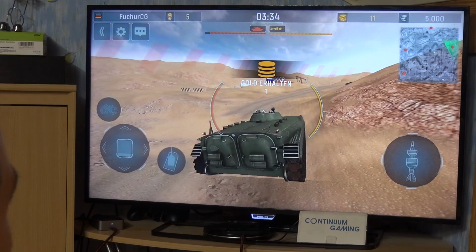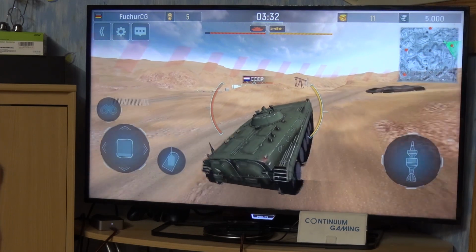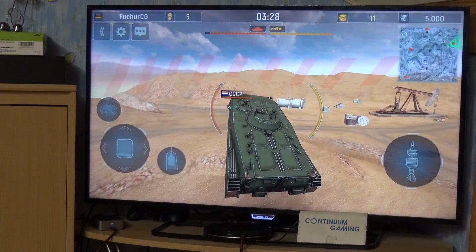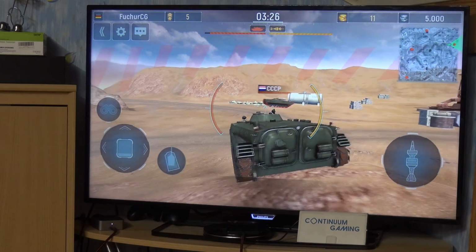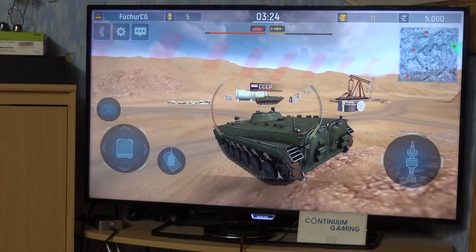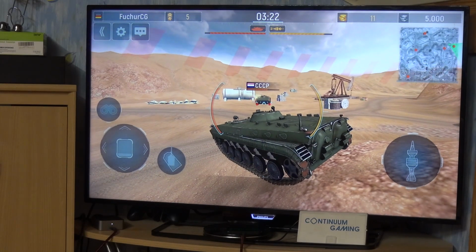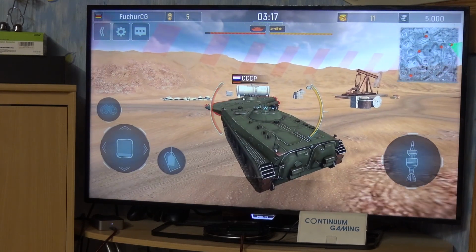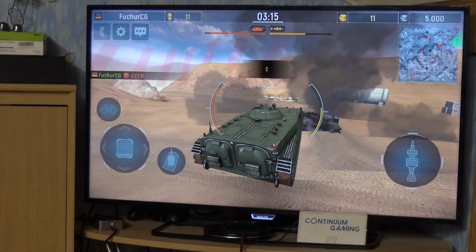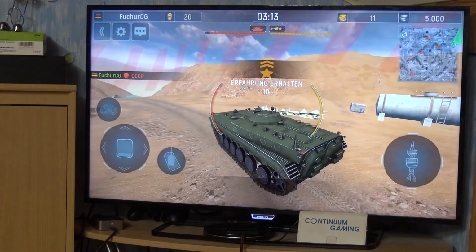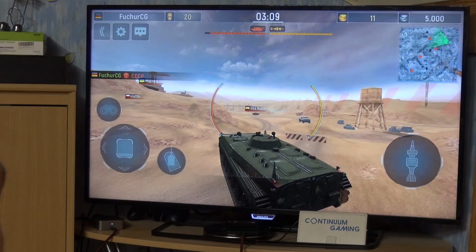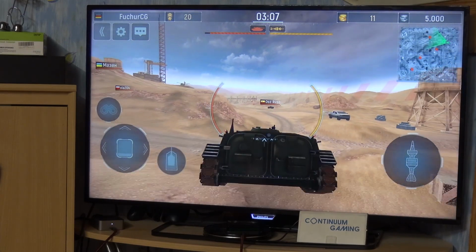Sometimes there is this kind of lag. Sorry for that, I can't do anything about it. It's a little bit annoying somehow, but it doesn't really matter. So let's fire at him. I'm not sure if there is some kind of difference depending on where you shoot your enemies. But as you can see, we got experience points from that, and there is the third guy I already told